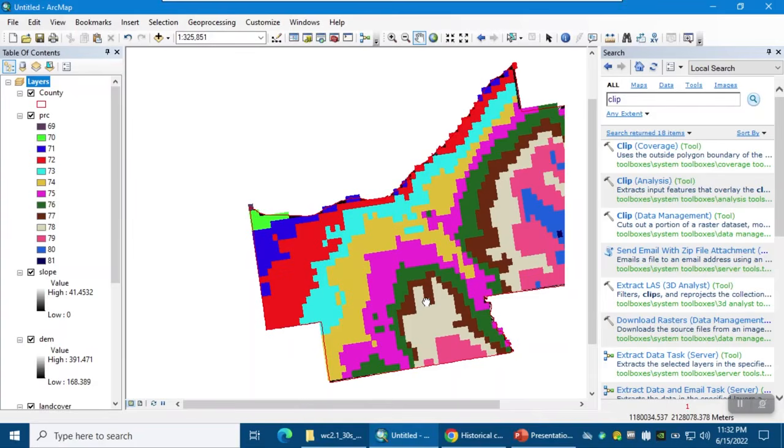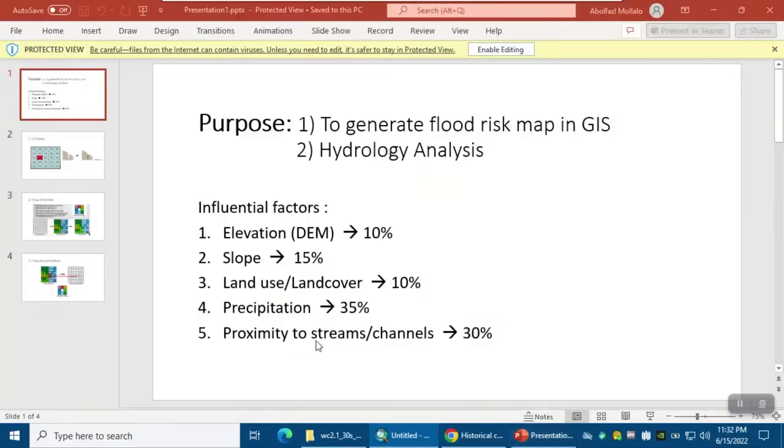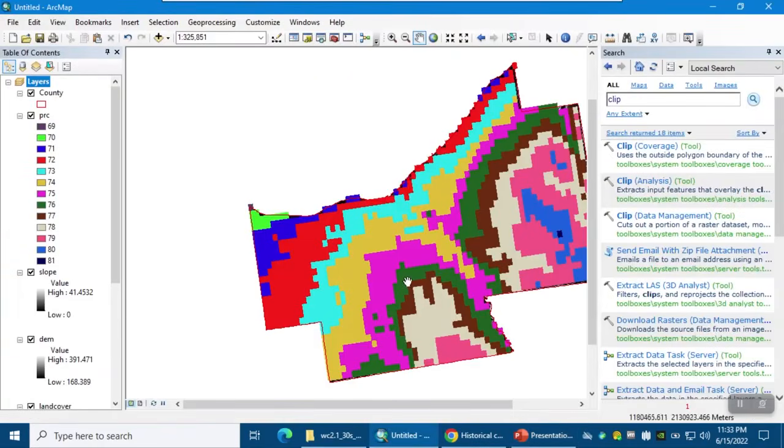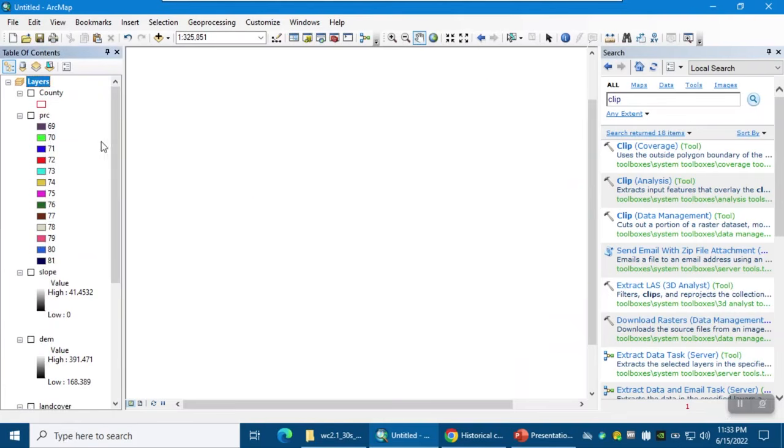So before focusing on the next variable, which was proximity to streams or channels, let's look at the hillshade of the study area. So what is hillshade? So let me turn all layers off. The hillshade provides a clearer picture of topography, because it mimics the sun effects on hills and canyons. Okay, so if you type hillshade